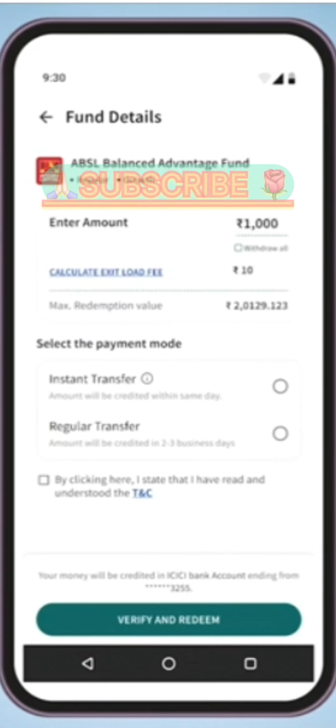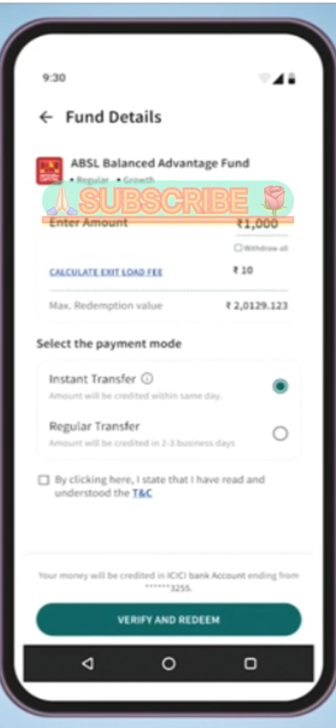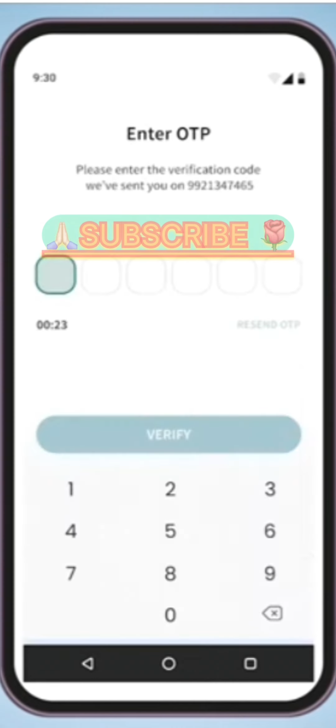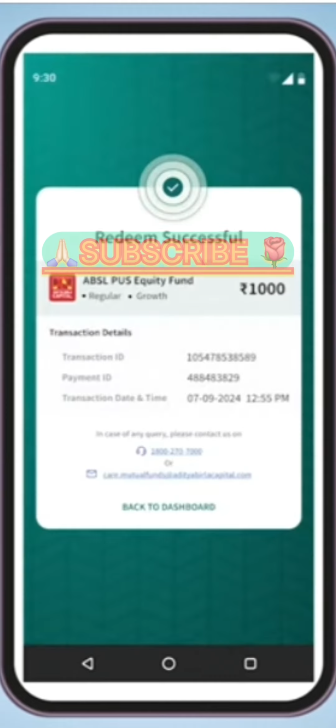Now the customer wants to do a redemption. He'll select the fund where he wants the redemption to be done. So after the redemption is done, we are also providing the customer a view of his